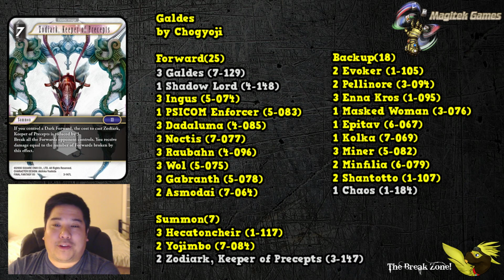So with Galdez being 3 cost, this becomes a 4 CP dark summon that breaks all opposing forwards. That's a big deal. That's a one-sided board wipe. So when you think about things like Cagnaso and everything, this one takes a little bit less setup, and if